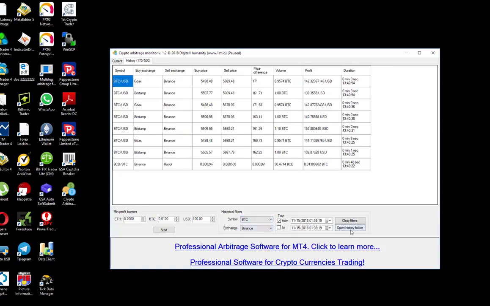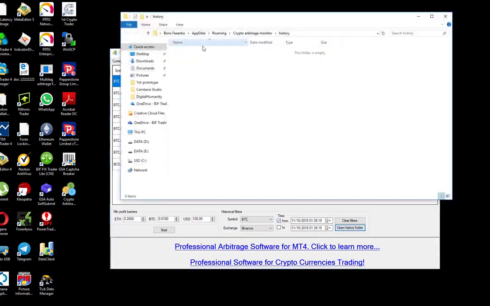You can click on Open History folder, and you will see the historical data here, and you can then analyze it by, let's say, loading this data in Excel for analytical purposes. So I'm just going to close out of this window. At the very bottom